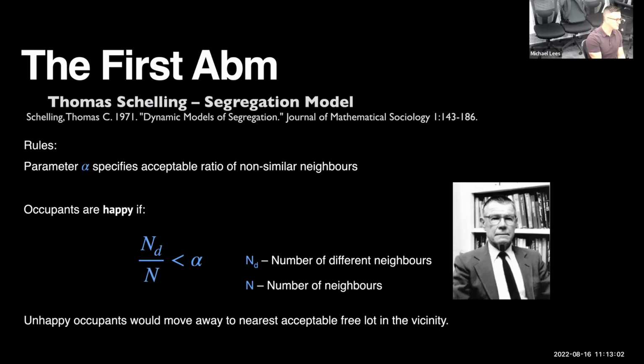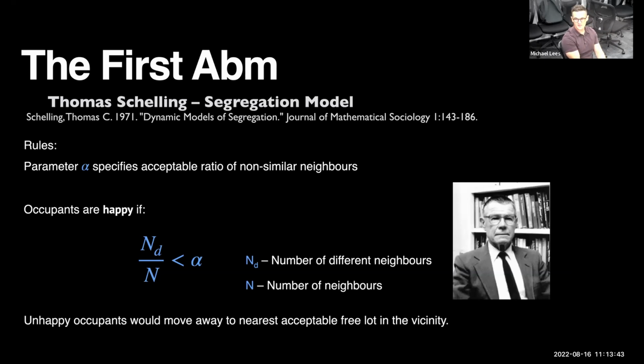He did the first non-computerized agent-based model. He sat on a plane with a checkers board, or draughts board, with white and black pieces. There was a grid, and he made a simple rule that any white checker would look at its neighborhood, which is the 8 nearest neighbors. If there are too many of a different type, they would move. The rule is described as follows: you look at the total number of neighbors, n, and the number of different neighbors, nd. As long as nd/n is less than some alpha, I'm happy. If it gets bigger than alpha, then I move to another neighborhood where I might be happy.